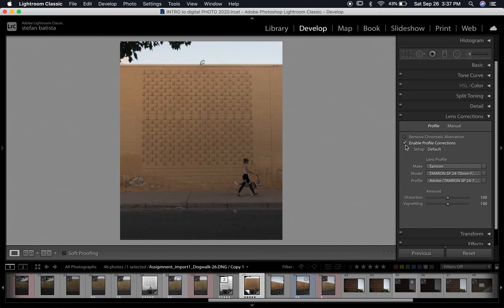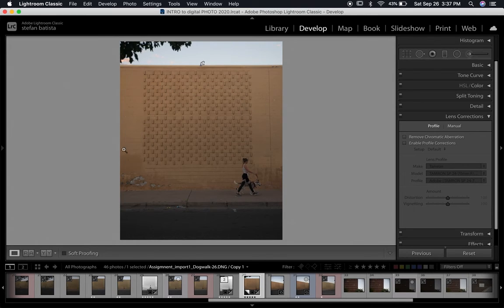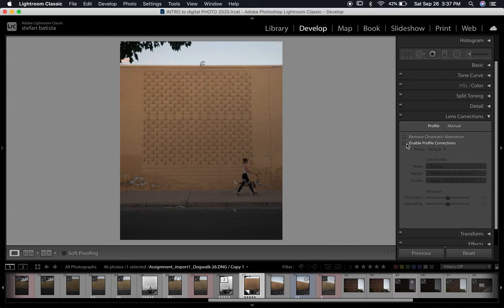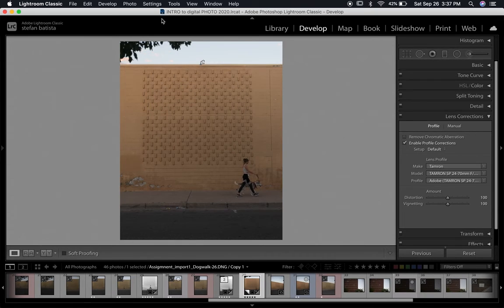So it's already adjusted my image. It's adjusted for the curvature of my lens glass, and it's adjusted the vignetting that happens from the edges of my lens, which are sort of dark on the inside, and the light travels easier through the center of the lens glass than the edges because of the curvature, and so it gets dark around the edges. So when I turn my profile on, it adjusts for that vignetting, and it adjusts for that curvature of the